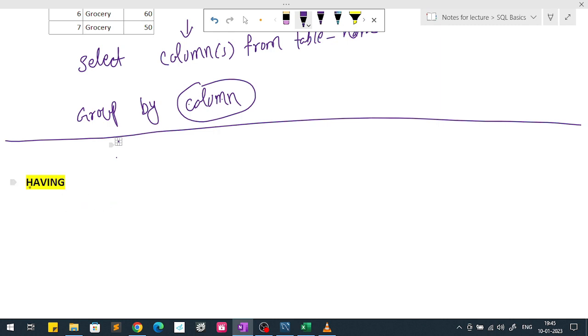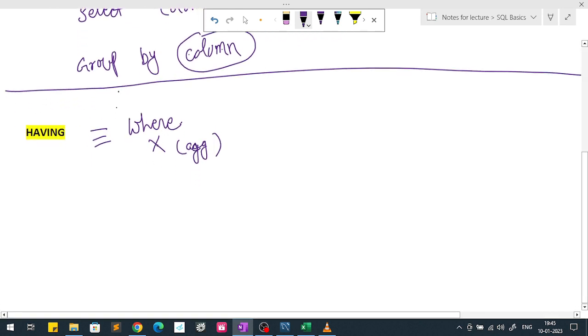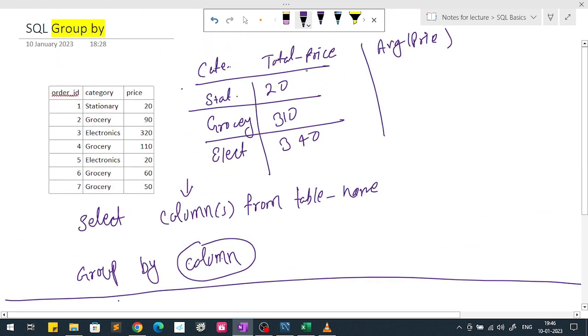So in this video, we will talk about the use of the having keyword in SQL. So what is the having keyword? The having keyword is similar to the where keyword, okay? But with aggregate functions, we cannot use the where keyword. So with aggregate functions like sum, average, we cannot use the where keyword, especially when using the group by keyword, okay? So in the previous example, we have seen how to calculate the total sales or price for each